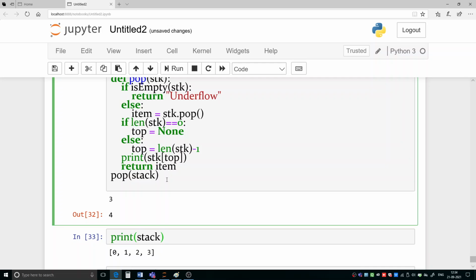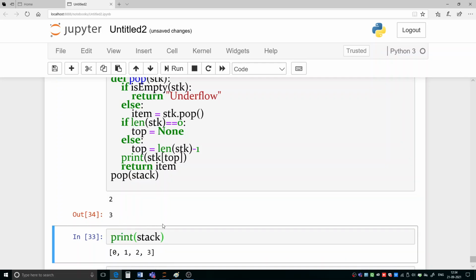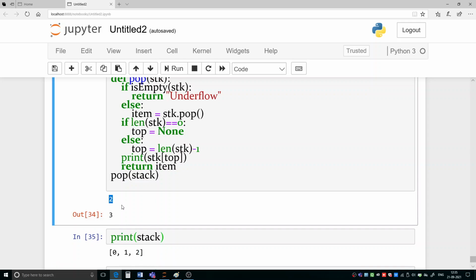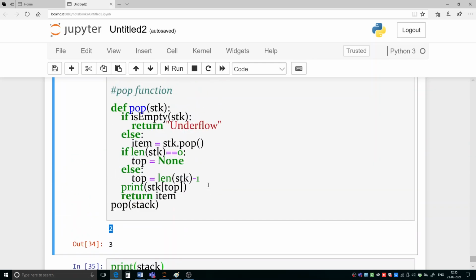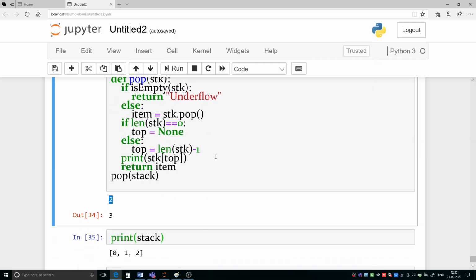Once again let us execute. Now after this popping, our stack is this. So which element is at the top? This 2 is at the top, and we are getting this 2. Got it? Yes, sir. Anytime you can be asked that I need the element at the top, so for that we are calculating the top. Otherwise, in this function there is no use of top, but if you are asked, then you can calculate it in this way. So top operation we have done.